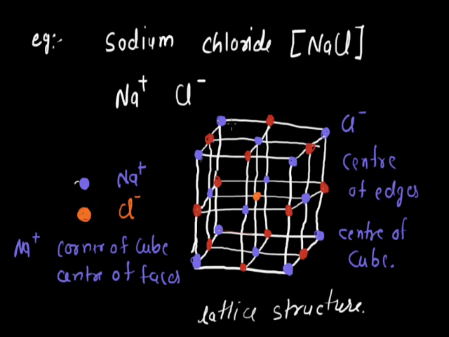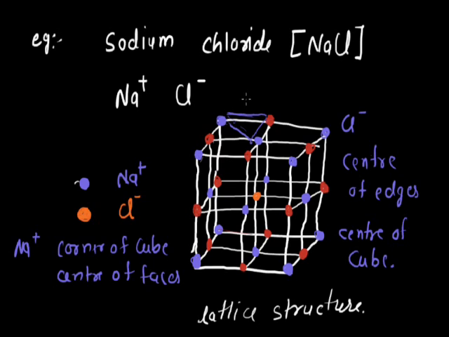Here the distance between Na plus and Na plus is this, and the distance between Na plus and Cl minus is this. Now we will complete the triangle, and this is the hypotenuse, this is the perpendicular, and this is the base. As we know, the hypotenuse is always greater than the perpendicular and base. Now we can say that the distance between Na plus and Na plus is greater than the distance between Na plus and Cl minus.